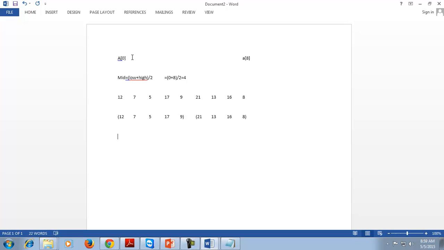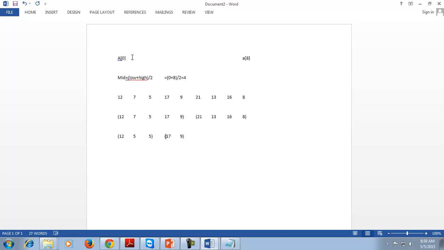Similarly, this list will be divided again, which contains 12, 7, 5, then 17 and 9. That is A of 0, A of 1, A of 2, A of 3 and A of 4. 0 plus 4, that is low plus high divided by 2, 0 plus 4 divided by 2 is equal to 2.